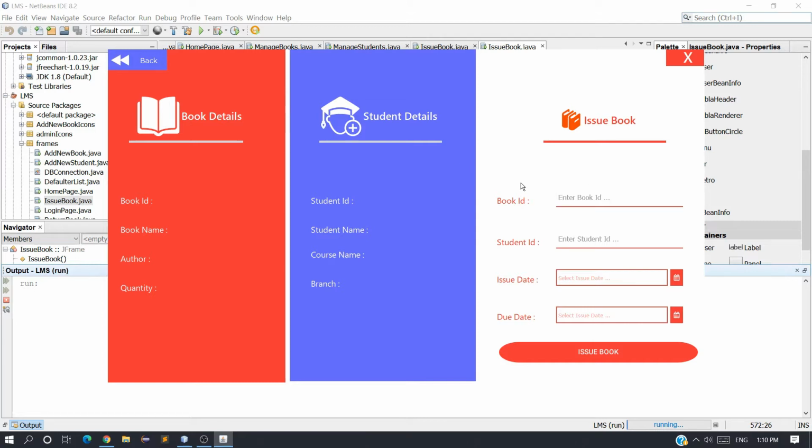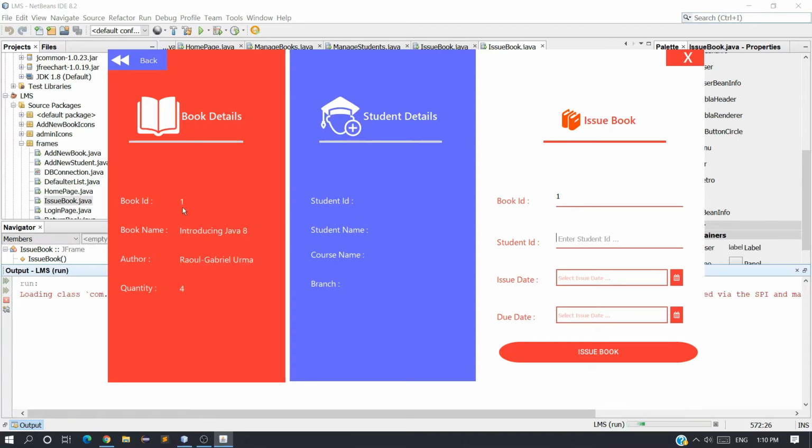Here you can see when I enter the book ID, and when we lose the focus from this text field, you can see we got this data here, and when we enter the student ID, we get our data here. So we are going to do this also in this video.